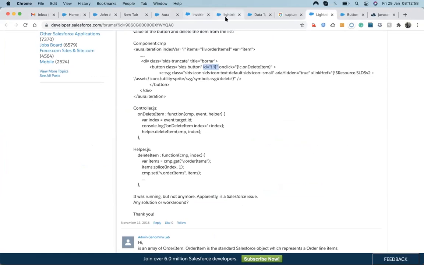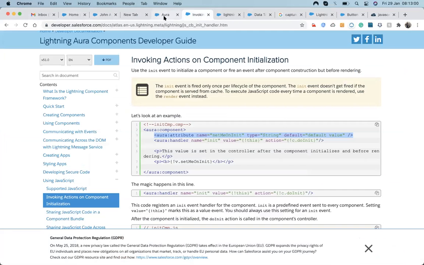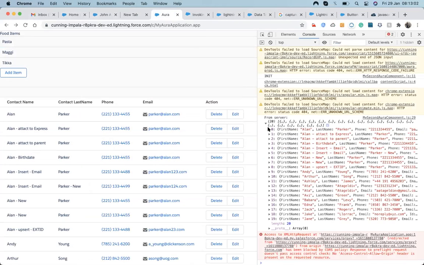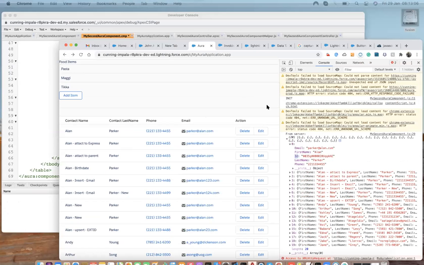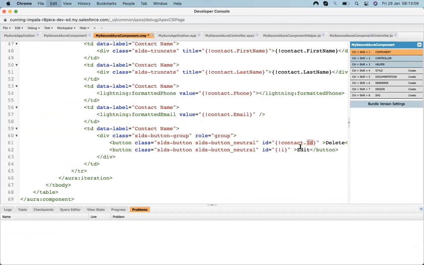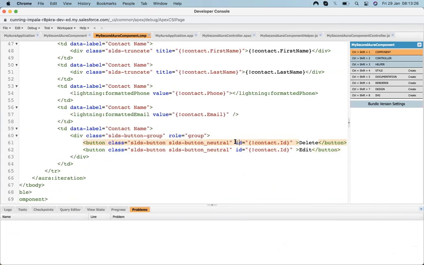Before going to that, let's check whether the ID is coming or not. No, the ID is not coming; it needs a capital I. So let's put capital ID and then use the same thing up here. Okay, it got saved.